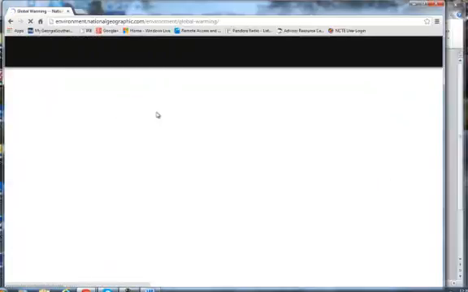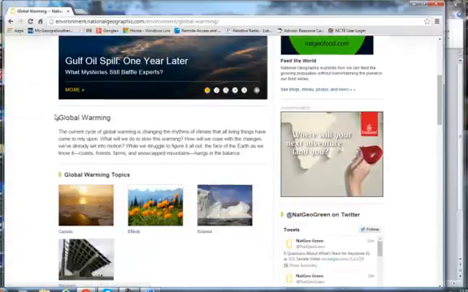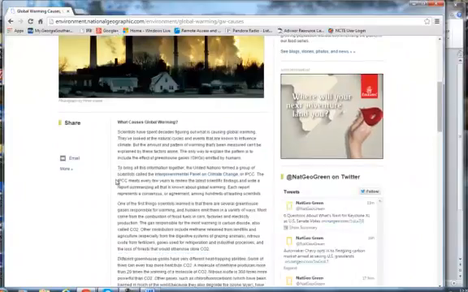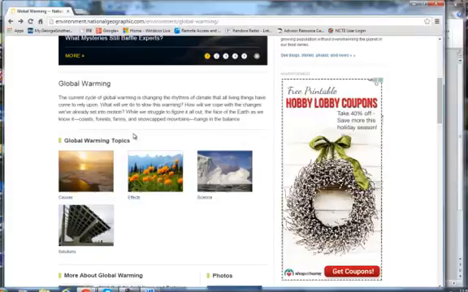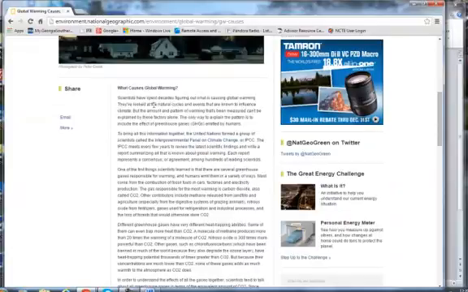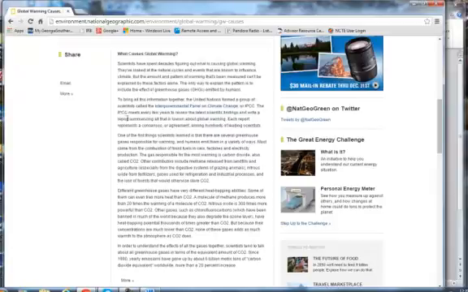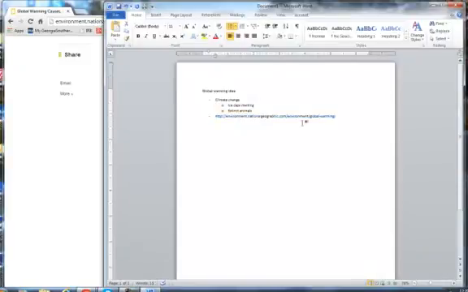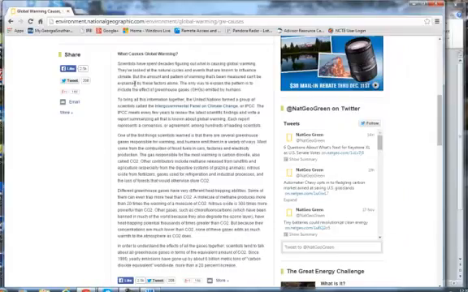So I'm clicking on this global warming tab under environment. The global warming topics. There are causes of global warming, the effects, the science, and the solutions. I'm going to click on causes and do a little reading. What causes global warming? Skimming through, I would summarize a little bit of it and put it in my own words. Write it down in my Microsoft Word file document. Then I will go on to the next topic,